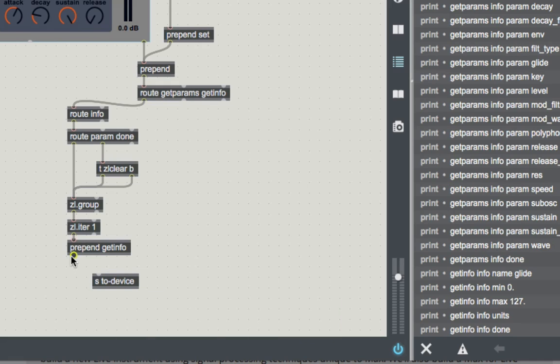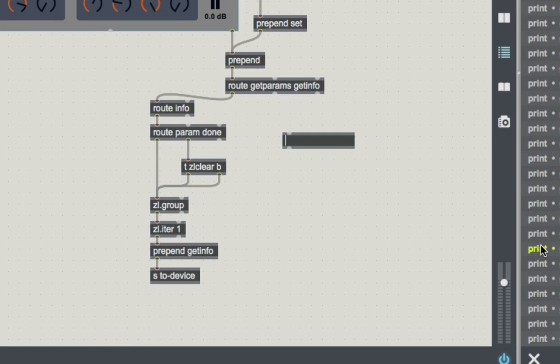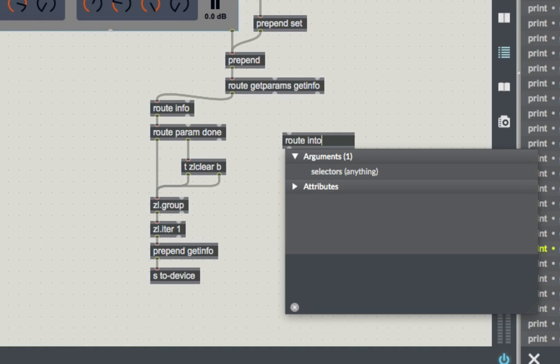So we're going to get info about each parameter in this device. Okay, so that'll go back up here to toDevice, and then query the device about each parameter, and then info about that parameter will come out of this outlet here. So what I want to do is take that parameter, look at the minimum and maximum possible value for that parameter, and then pick a random value in that interval and send that back to the device to set that parameter. So what I'm going to do is first route info,